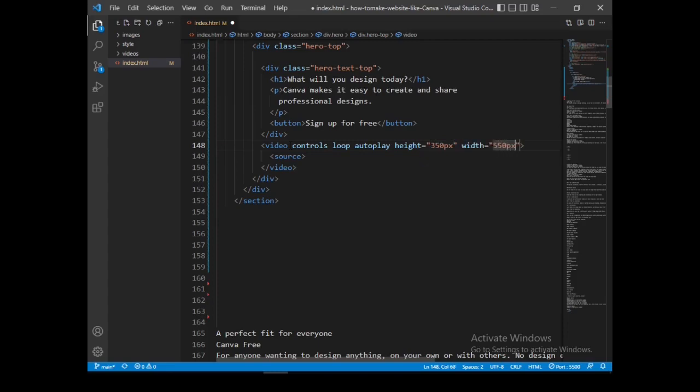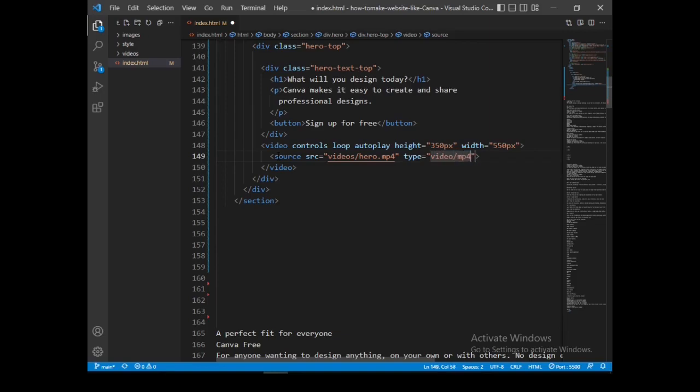Then the source of the video, this is where the URL for the source inside the videos folder. Inside the videos folder, I want this one, this is the MP3. Let's also set the type. This is a video in the MP4 format.